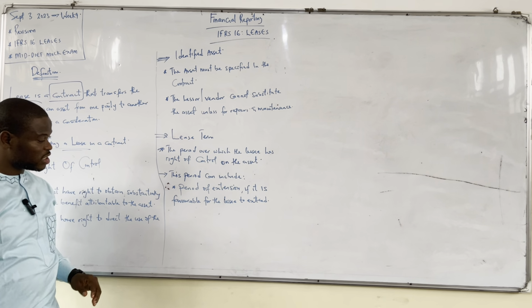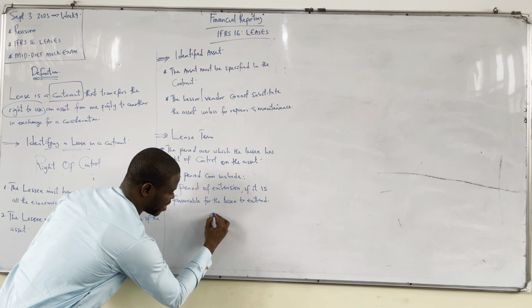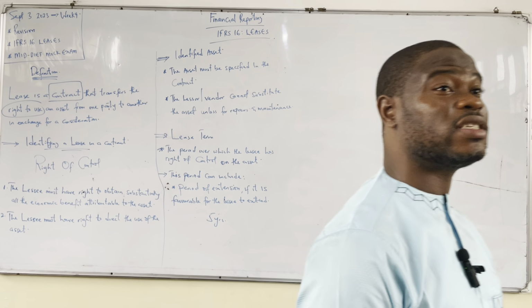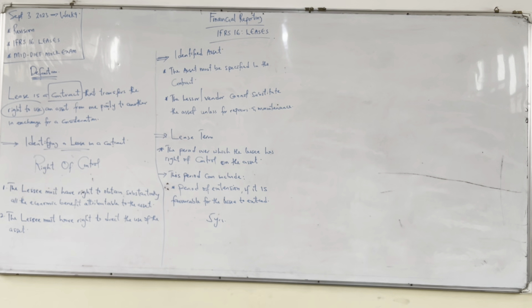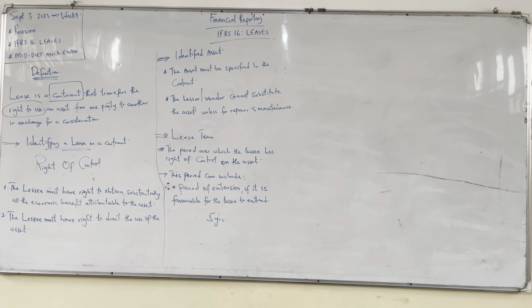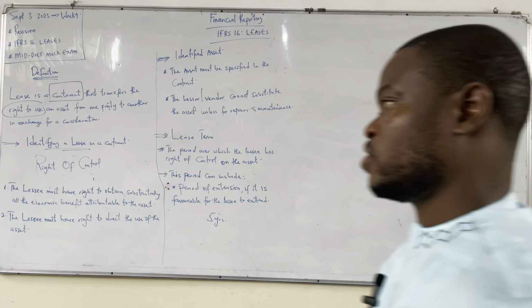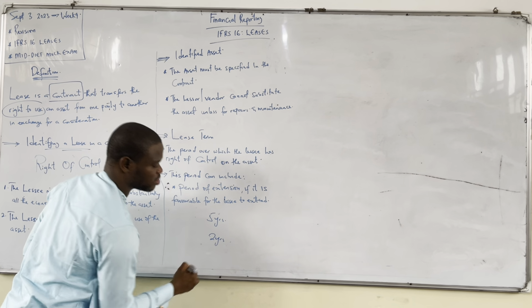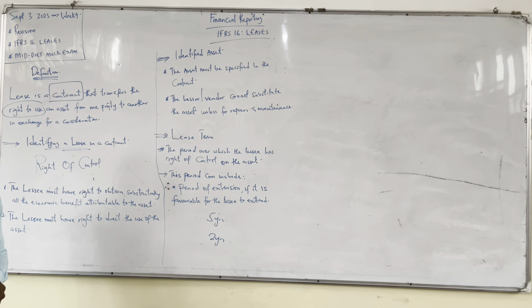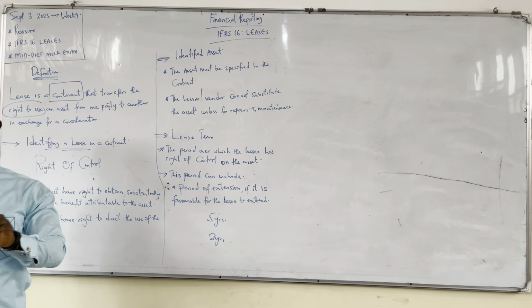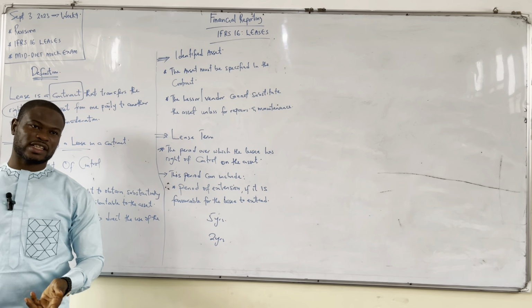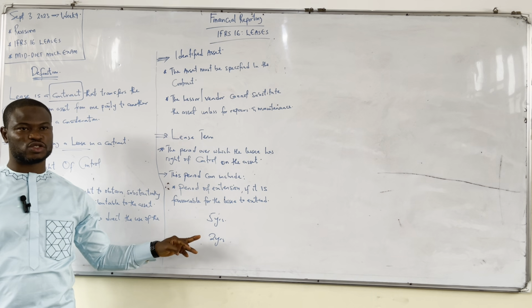What we are saying here is this: if the lease term is, let's say, 5 years, there can always be a clause in the contract that you can extend it. So there's always a primary period and there can be a secondary period. If the contract states that you can extend it by another 2 years, right from the beginning you must know the lease term. So what will now be the lease term? Will it be 5 years? Will it be 2 years?